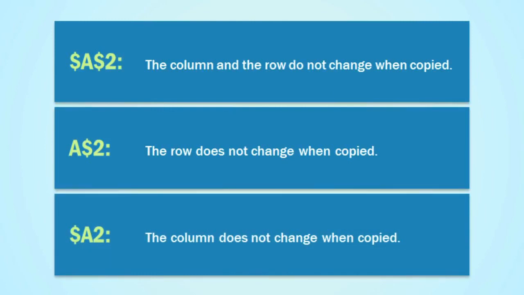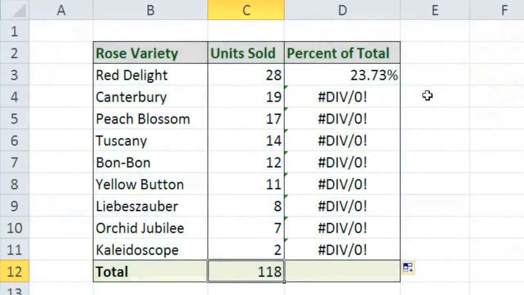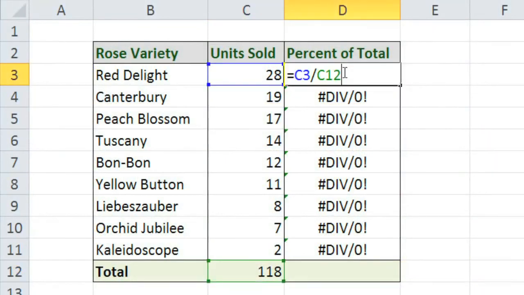Now most of the time you're just going to be using the first one, where there's a $ before the column and the row. So we can go back to this example and add $ before the column and the row to make C12